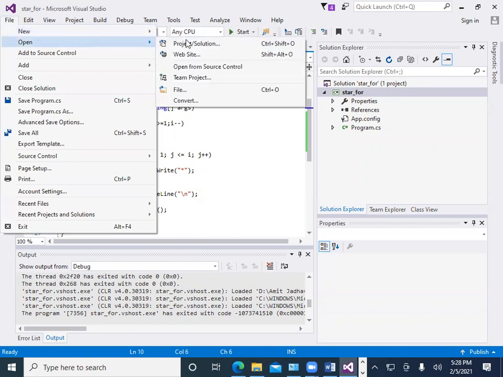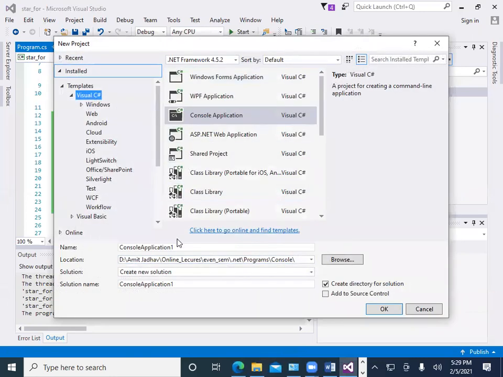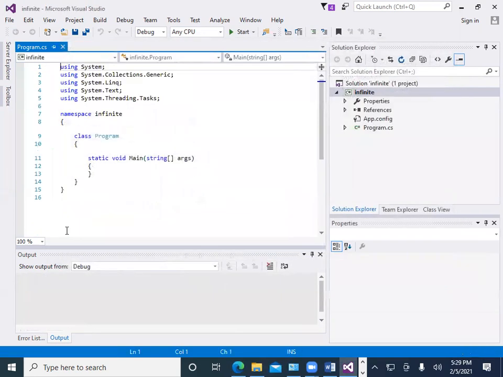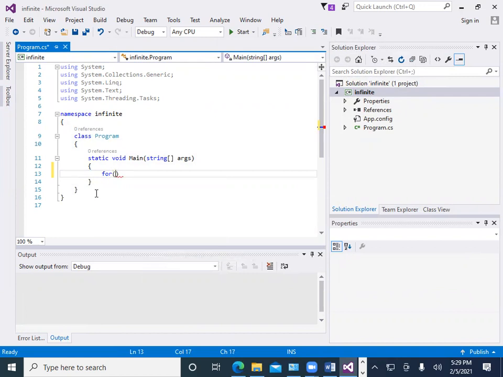So let's see a simple example of it. I change its name to infinite, and here I write the program for, and here we do not enter any condition.